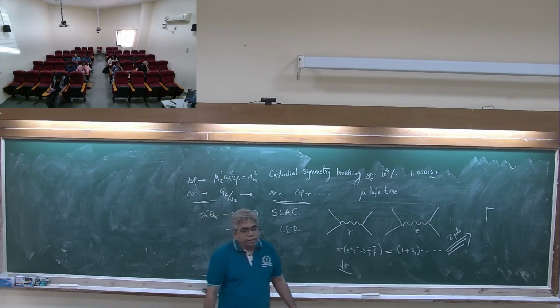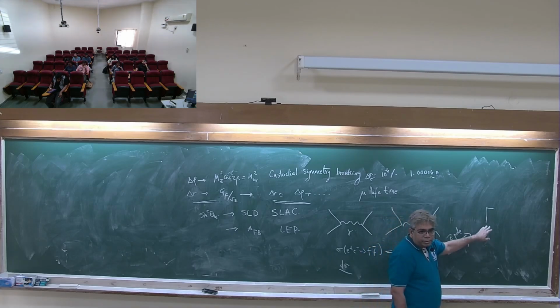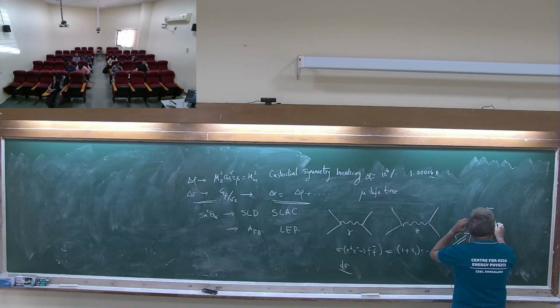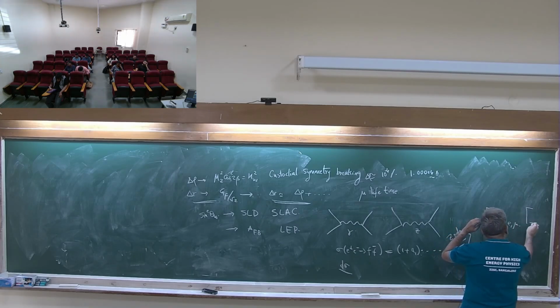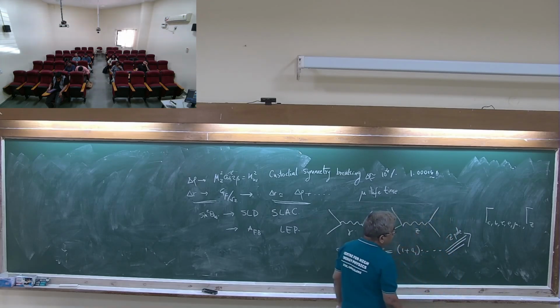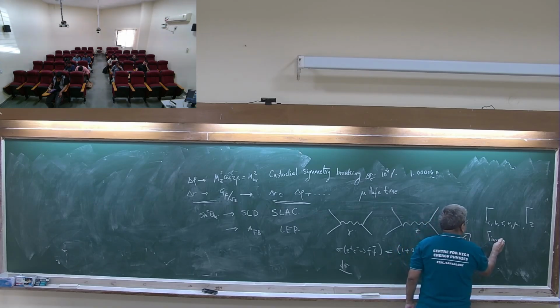Individually you can measure the decay widths in terms of the Z width. If you measure the Z width and also the decay widths, you can extract all the information perfectly in terms of the partial widths c, b, tau, e. And from this you can also get gamma invisible